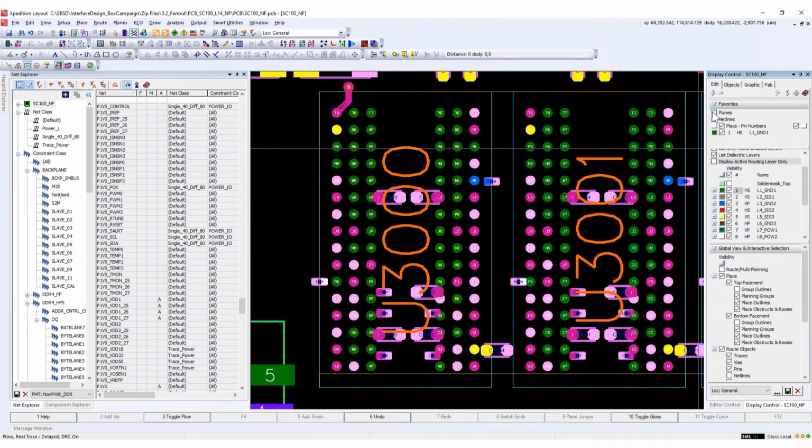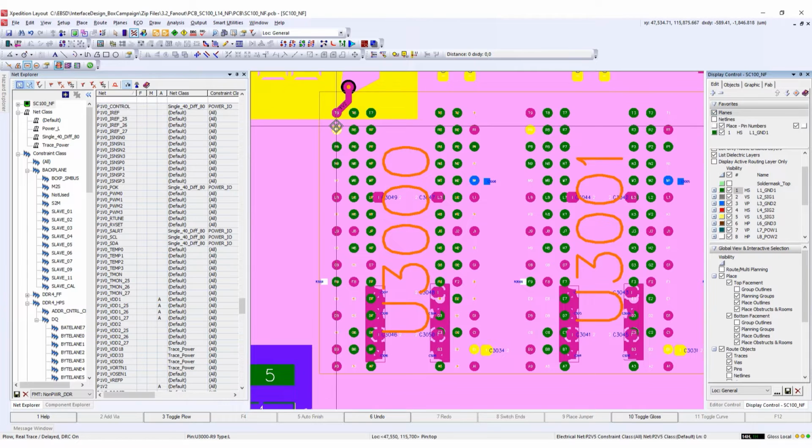We turn the planes on here in the display control. Notice how the VIA pads automatically clear or connect to the defined plane shapes on the board. This P1V2 power pin that I fanned out created an automatic clearance.